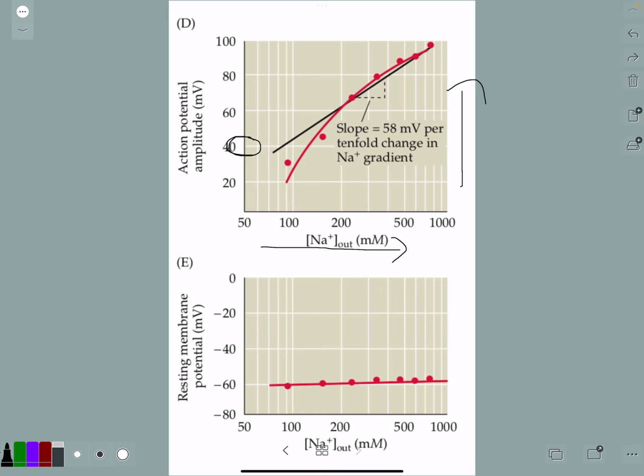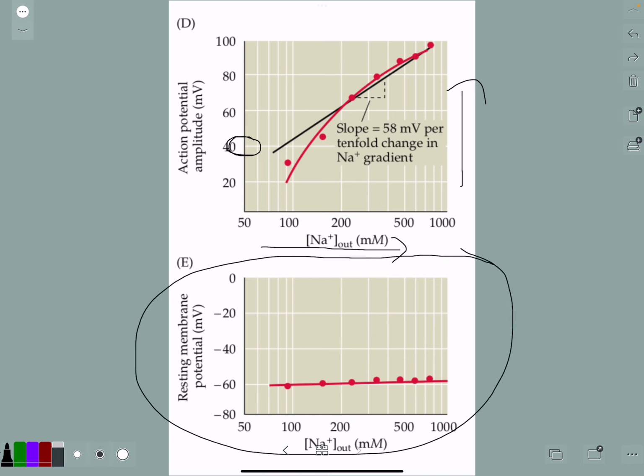And this graph down here just shows they repeated the experiment they did with potassium. Let's just see if sodium does anything. So they're not depolarizing the neuron. They're not inducing an action potential. They increase sodium on the outside many, many times more than what's natural, and yet nothing happens to the resting membrane potential. Maybe a little bit of it depolarizes, just looks like maybe a few millivolts,